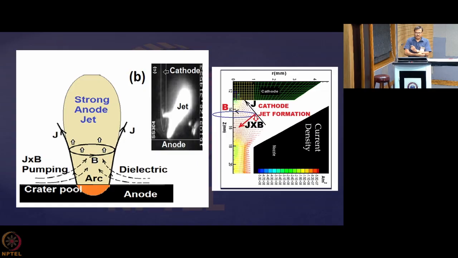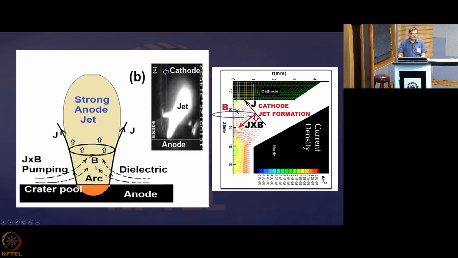And how it happens: this is the cathode, and you see this is the transferred arc, and the arc is connected over here. Usually where it connects, a small melt pool is formed, which can get solidified once the arc moves away from that place, because these anodes are usually very intensely cooled. So once the arc moves from here to another place, this melt pool will be solidified and will stay there. Now what is happening, this arc is getting expanded as it moves up from the anode.